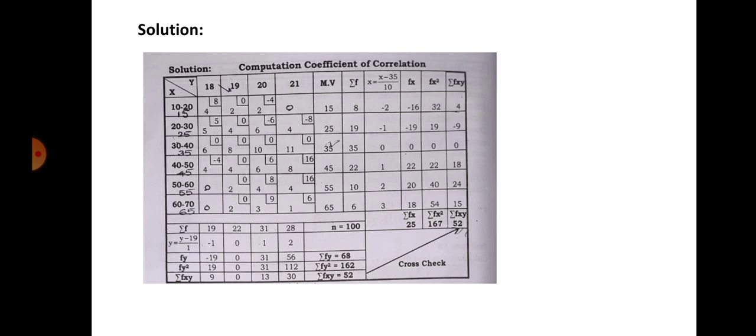Next, I am adding all those numbers which are in the square: 0, 0, 0, 0. Add gives you 0. Next, 9 plus 8, 17 plus 6, 23 minus 10 is 13. Next, 6 plus 16, 22 plus 38 minus 8 is 30. So add the sum now: 9 plus 0 plus 13 plus 30, which is 52.